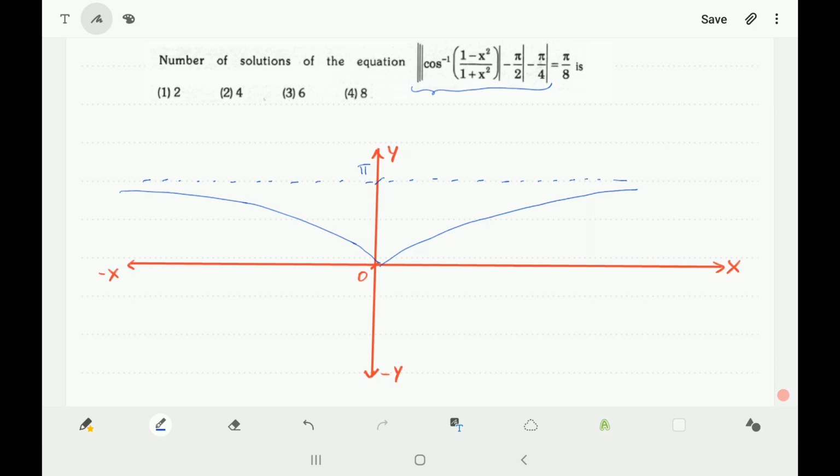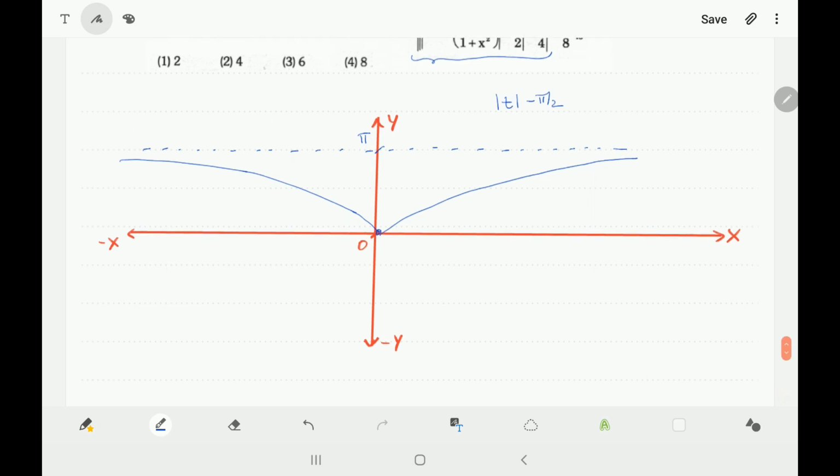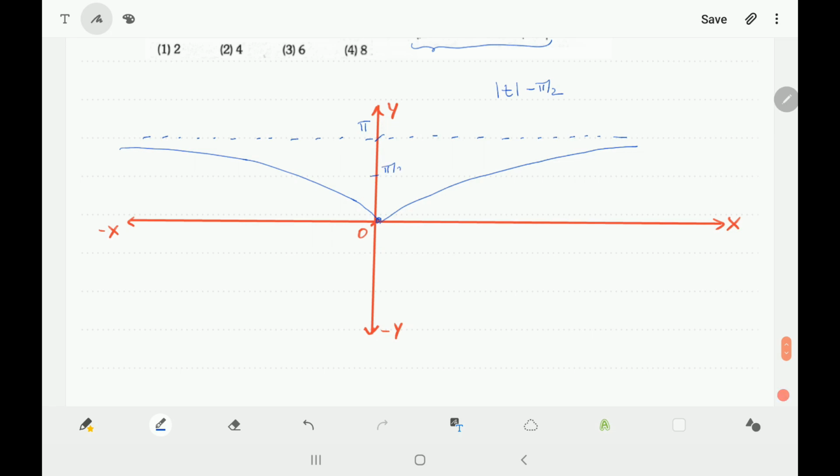Now the next step will be you have to take the mod of this function. First you have drawn this function. Let's consider this function as t. So you have drawn the graph of t. Now you have to take the mod of this. Once you take the mod of this function, you have to flip the lower part into the upper part, meaning all the values will become positive. So the function is already positive, so there is no need to do it. Then you will be doing minus pi by 2. Once you do minus pi by 2, the graph will go pi by 2 units downwards. So let's say we will now have the asymptotic nature of the graph going towards pi by 2, and this value will also go to 0, will go to minus pi by 2. So our graph will go downwards like this.